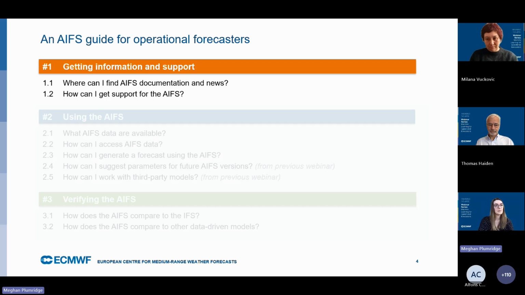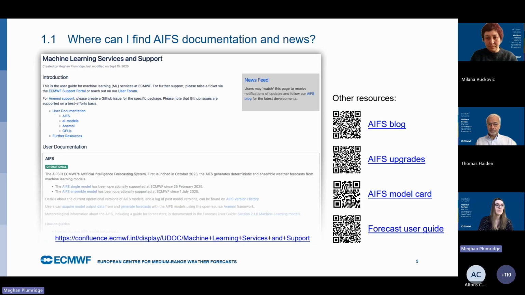So I'll start with a quick recap on where you can find information and also how you can reach out to us if you have any questions. So we have information about the AIFS in multiple places across our website and our conference pages. So to bring all of this together in one place, I have published a user guide for machine learning activity at the centre. And this will be regularly updated to keep all of the information that you may need together in one place. Alternatively, if you already know that you only want to follow, say, AIFS model upgrades, or you just want to look at the model weights, for example, you can access this information directly using the QR codes or links on the right.